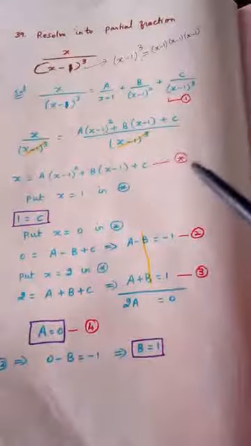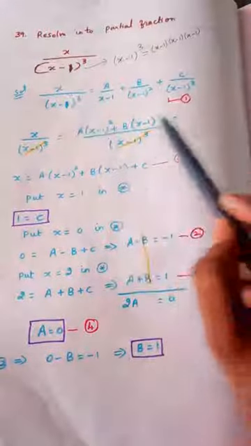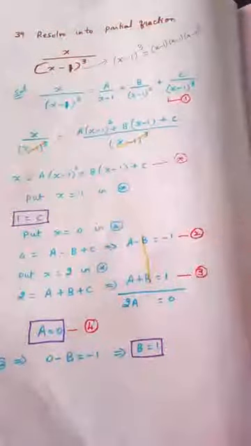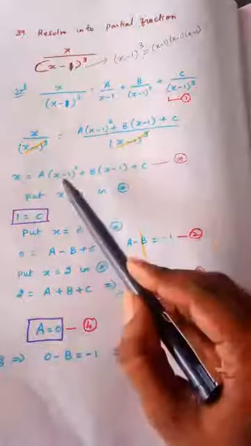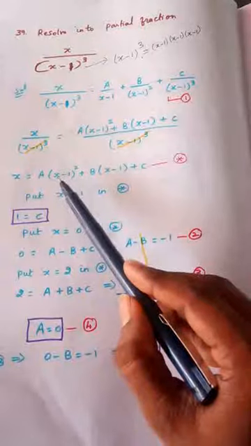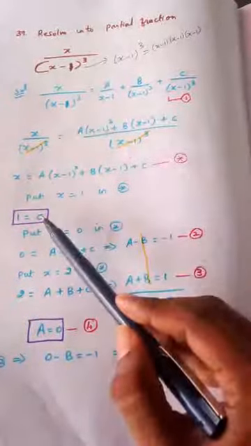This is called star. This is equation number 1. Actually the partial fraction is this. Our aim is to find a, b, c values. Okay. Now after writing star, by seeing this itself you can understand, by putting x is equal to 1, this will become 0. So use x equal to 1 in star, and find the remaining value.